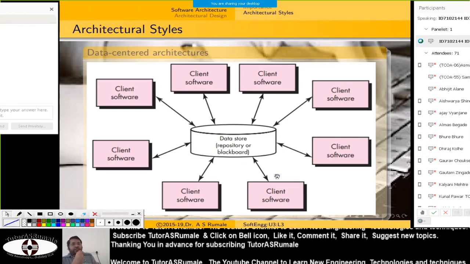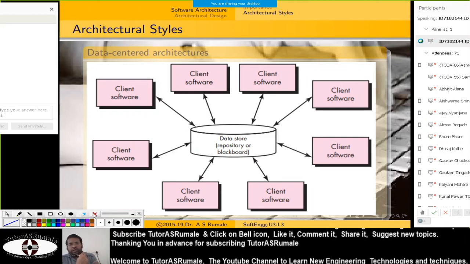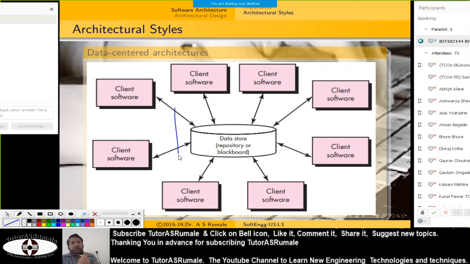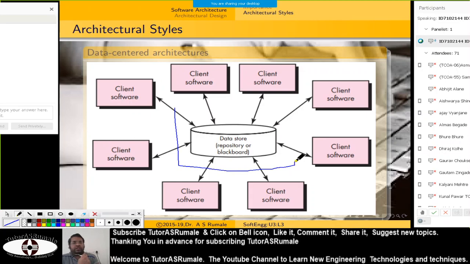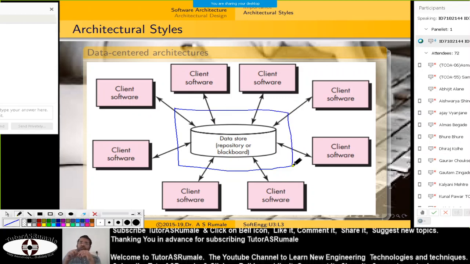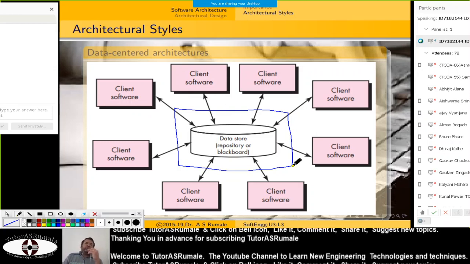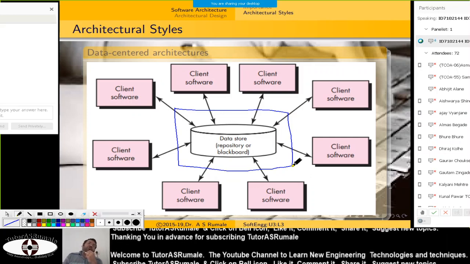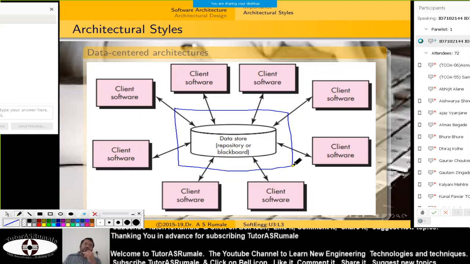So we go with the data centric architecture. First, data centric architecture: you have a voluminous amount of data at the center for processing. Okay, a basic example of data centric architecture, let's consider social network sites, like WhatsApp, Facebook, or Twitter. They have a tremendous amount of data there for processing, and almost everyone is working as a client. So all clients as software are there and they have tremendous data.